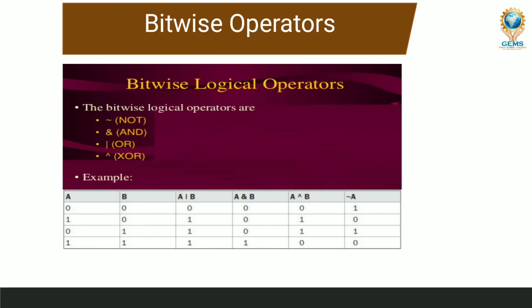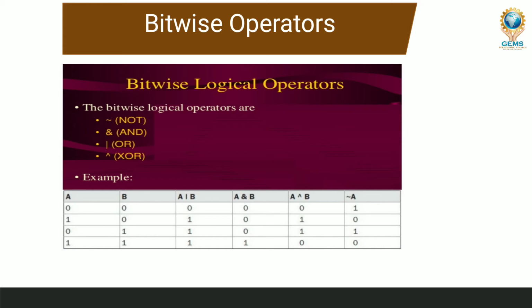I will explain to you. Look at here. I said in my previous video lecture about logical operators. So what are the logical operators? We discussed regarding OR operator, AND operator, XOR operator, and their functionalities and their truth table. The same thing here also. We are following the same thing here also, because it is bitwise logical operators. Okay, same. So here 0, I will show you what is the operation of this. For example, if you want to add in bitwise logical operators, how it will work, I will show you.